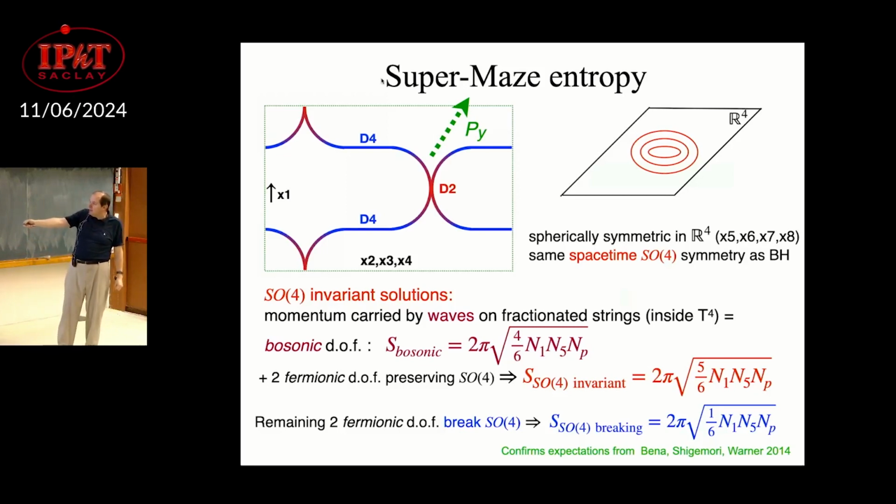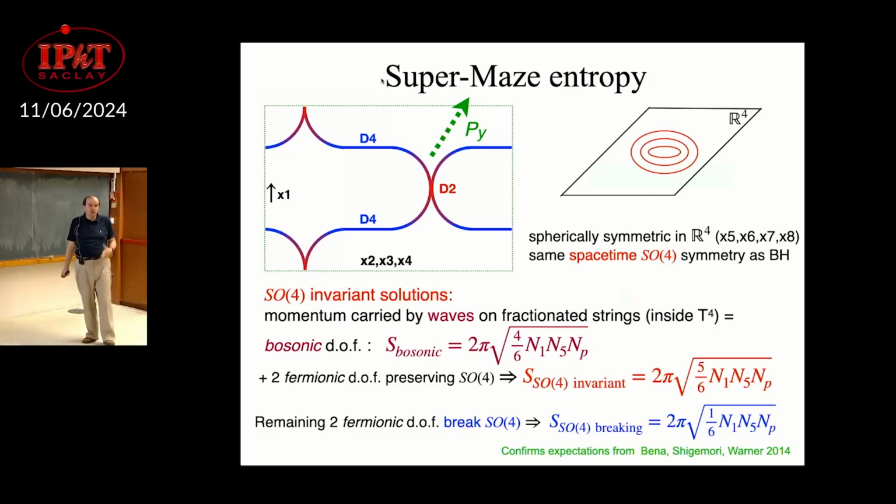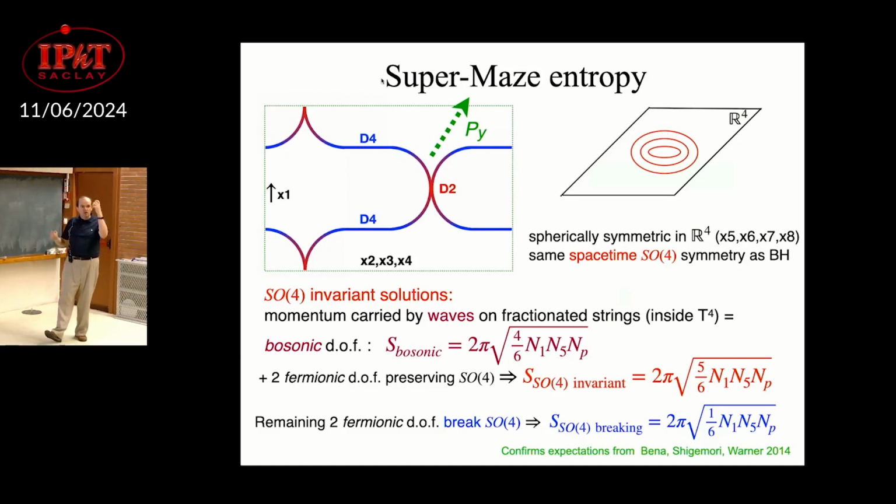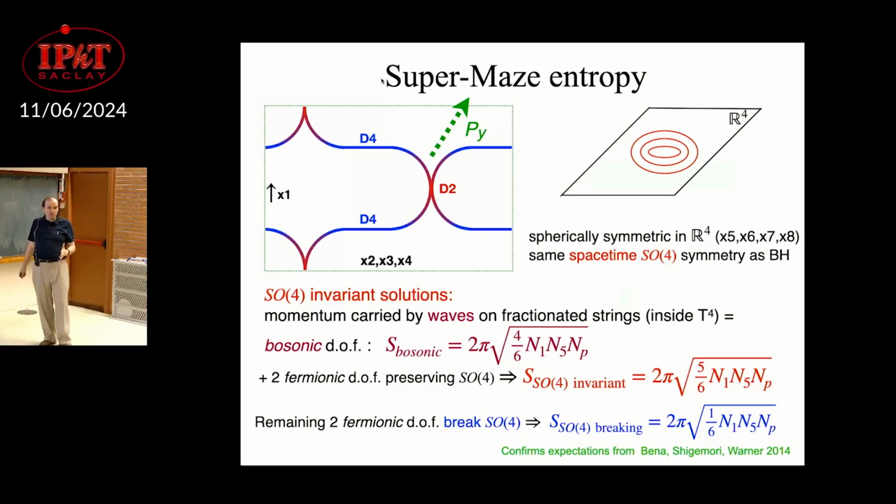This momentum is carried by the waves, and again, if you look at the bosonic degrees of freedom only, which again respect this SO4 R symmetry, you actually get a huge amount of the black hole entropy. You get 4/6 of the N1 N5 of the Strominger entropy by just looking at things which are spherically symmetric. I think there are also 2 fermionic degrees of freedom preserving this SO4. So in total, there will be 5/6 of the entropy, which is going to come from spherically symmetric configurations, very different from the superstrata. The superstrata break this spherical symmetry. These guys have 0 angular momentum, 0 R charge, perfect spherical symmetry of the black hole, but they do garbage on the internal directions. The internal directions are all going to be messed up by these things.